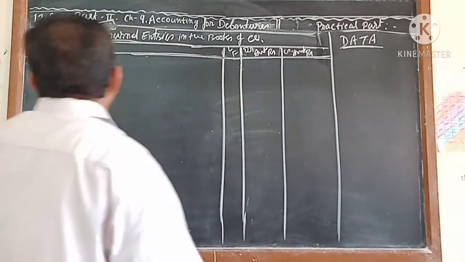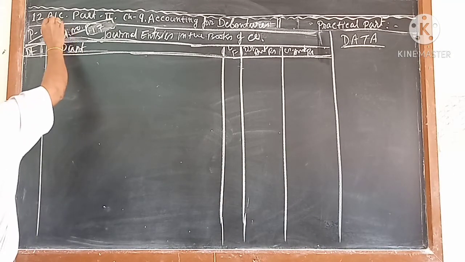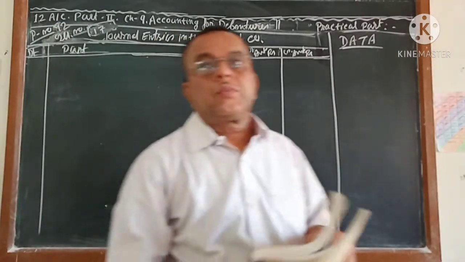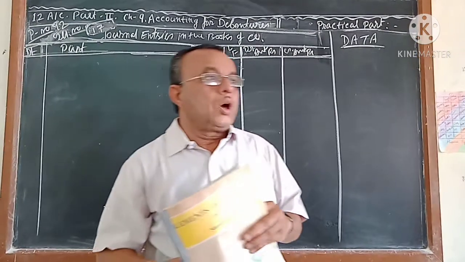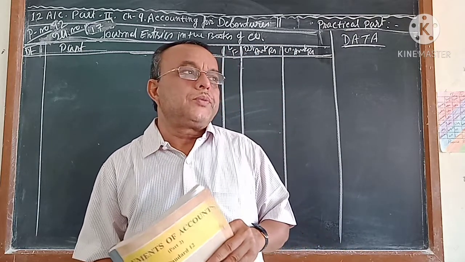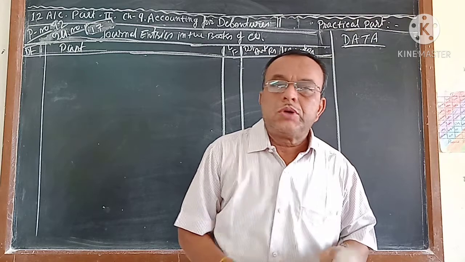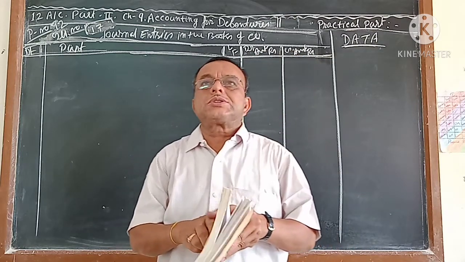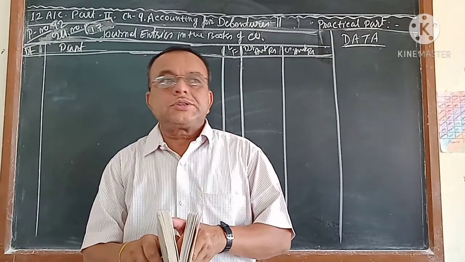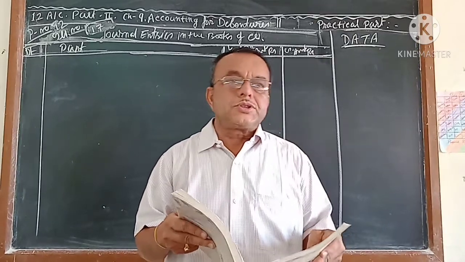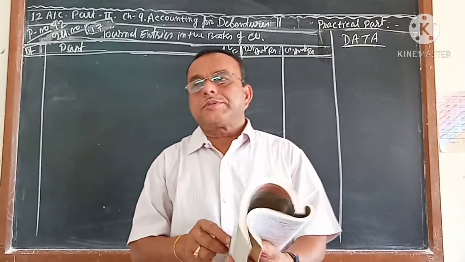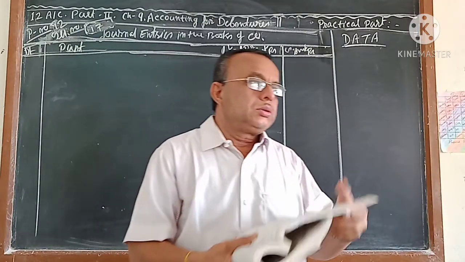This is page 92, illustration number 17. You follow the questions, whatever is given. Illustration 12 onwards, I told you several times: illustration 12, 13, 14, 15, 16 and 17. You have seen that one. In some of the illustrations, issue and redemption both are there. But in some of the illustrations only issue is there, the redemption is not there. So that type of sum may also come. Whatever the type of sum is coming, you have to know all of this.